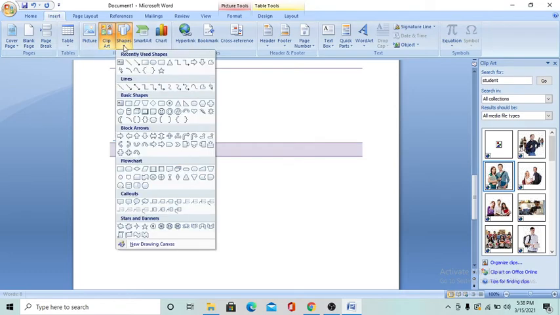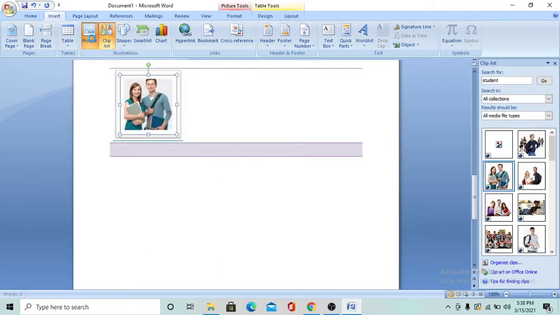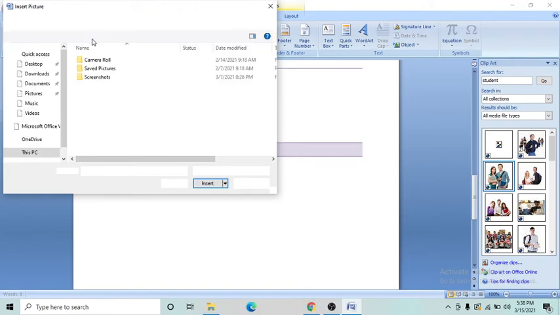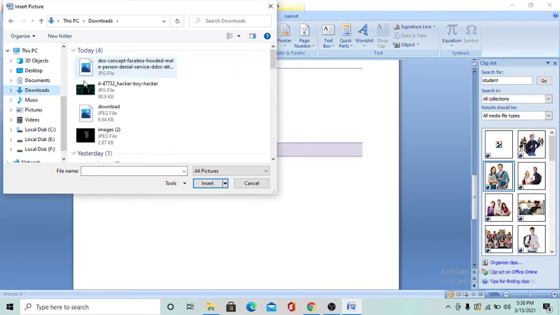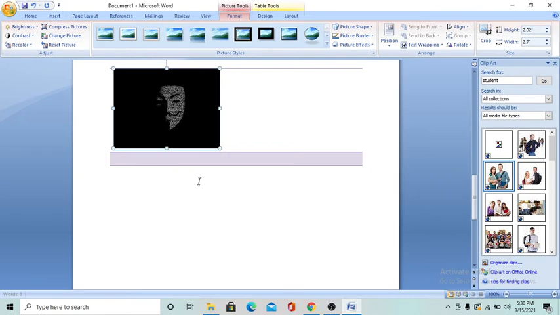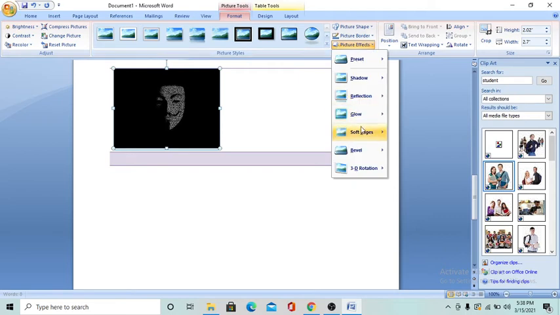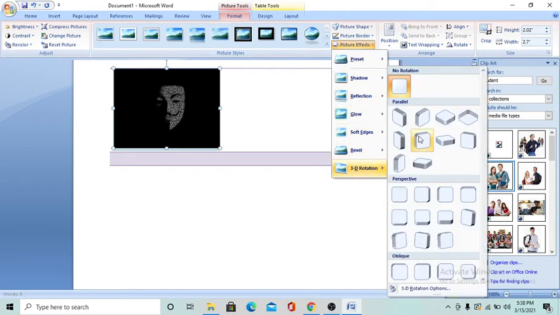Then there are shapes, different types of shapes, and pictures from my computer. I click on my pics and select one picture of this type, this image I will select, and then other forms of the image.